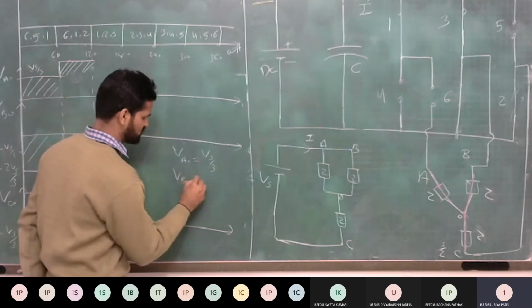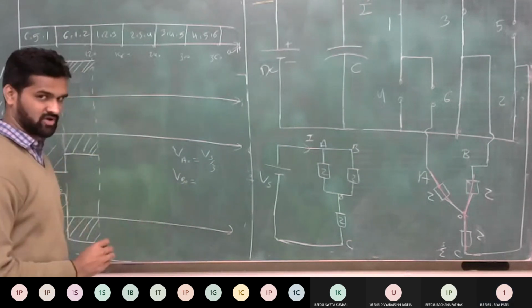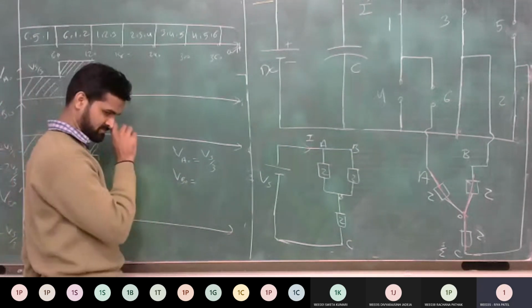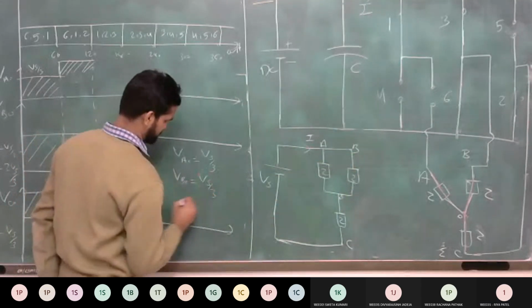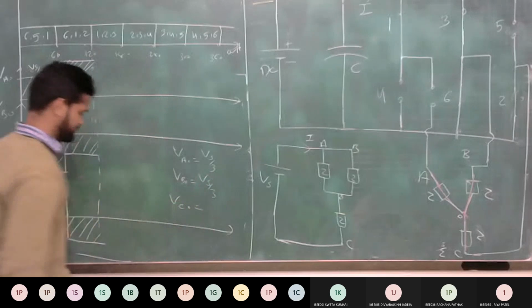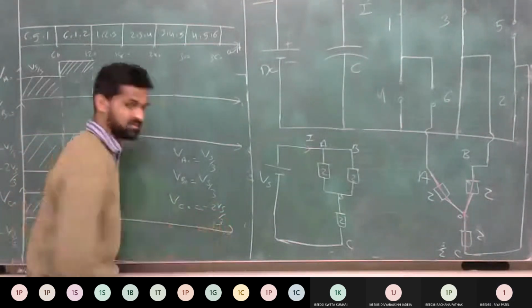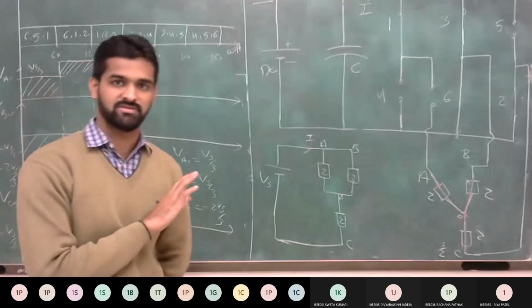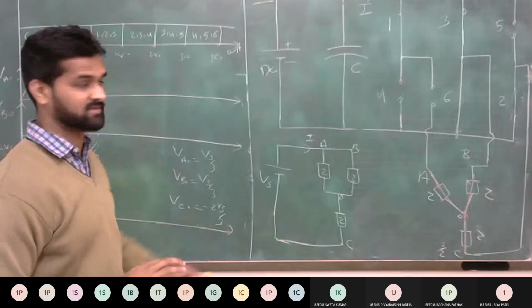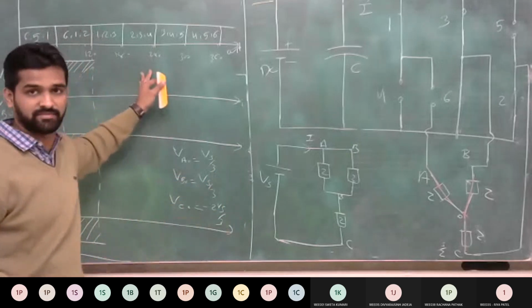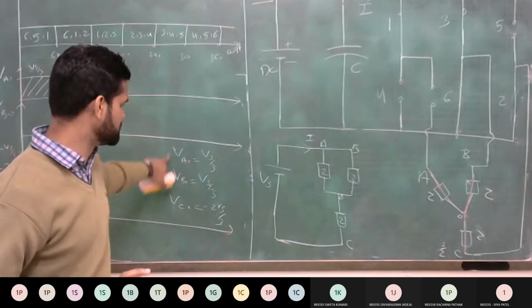Then VB0, Vs by 3. Is it plus Vs by 3 or minus? Yes, because VA0 and VB0 both are in parallel, so you get the same value of voltage. Now VC0? Minus 2 Vs by 3. Yes, very good. Minus 2 Vs by 3. All of you understand this? See, I have directly written this equation, but you derive it the same way as we derived for the first and second step. All of you clear this? Is there a doubt? In step number 3, this voltage.